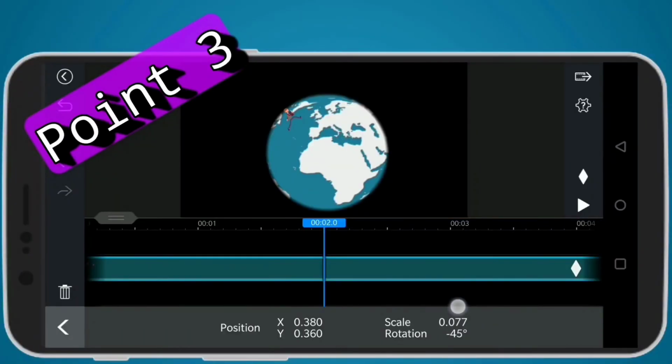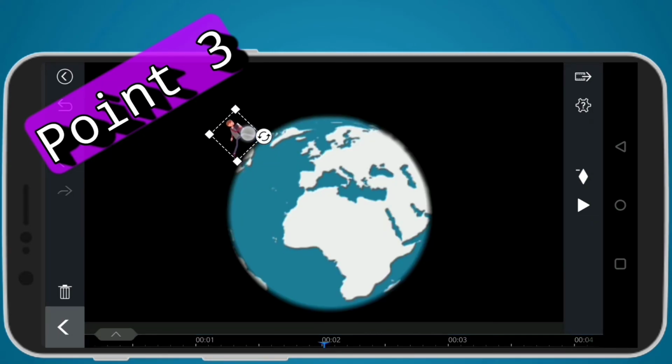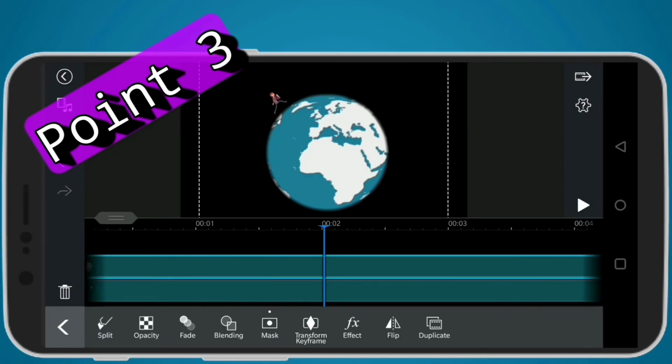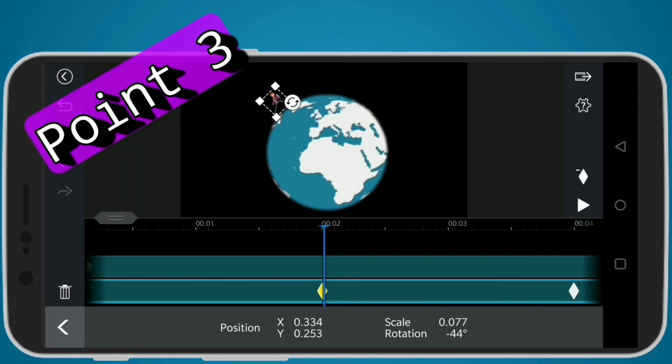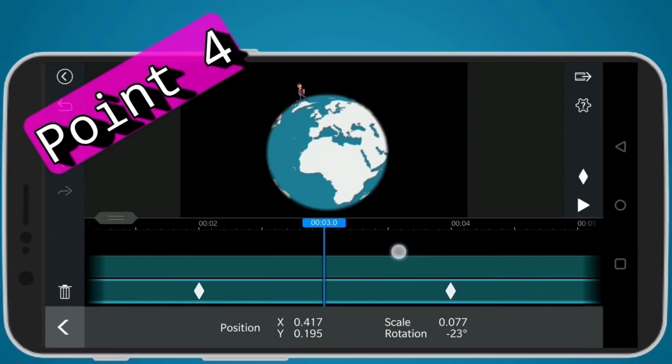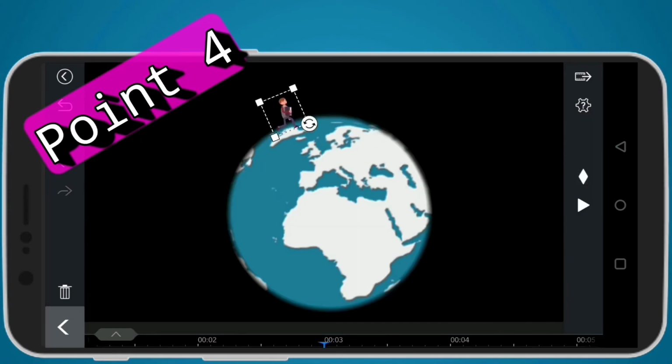Like this, we have to set the remaining 7 points as per the data shown. One more thing I want to tell is, here we have placed the character at time interval of 1 second. So if you want Mr. 1 to walk faster, you can place him at every half a second. You can also increase the time to 2 seconds for him to walk slower. It would be better if you use mouse in these type of editing because it gets difficult to achieve the rotation and scale values.